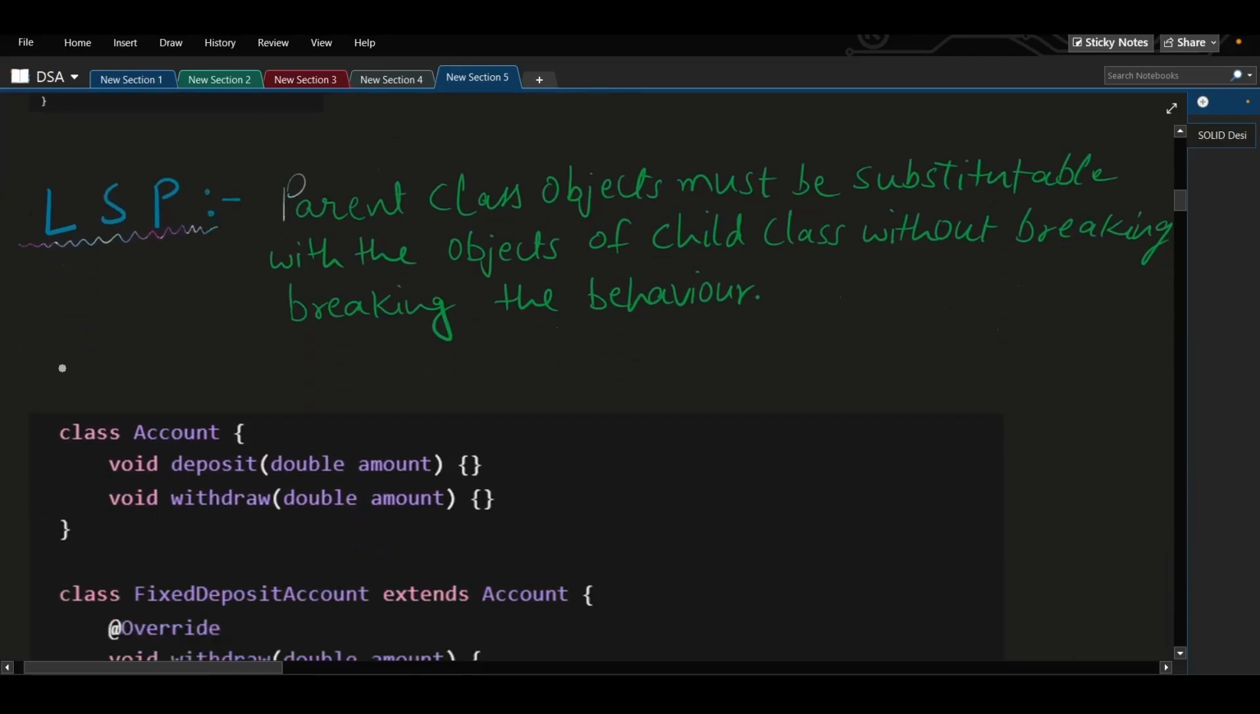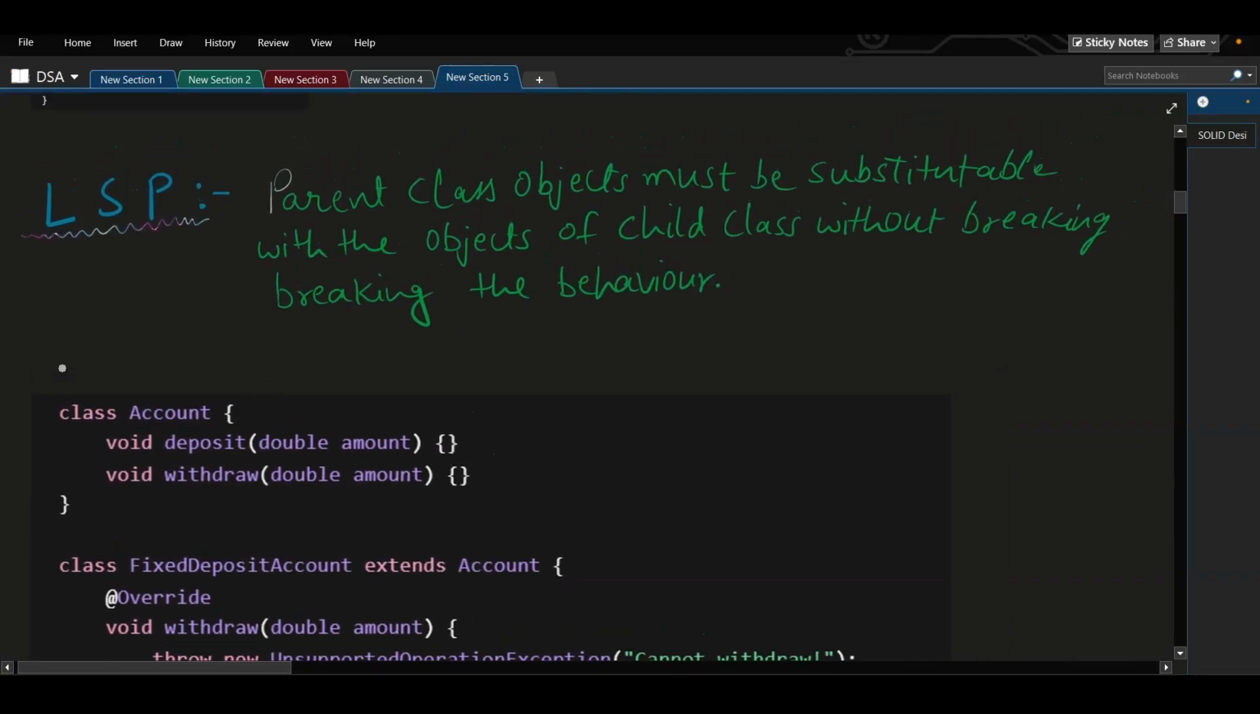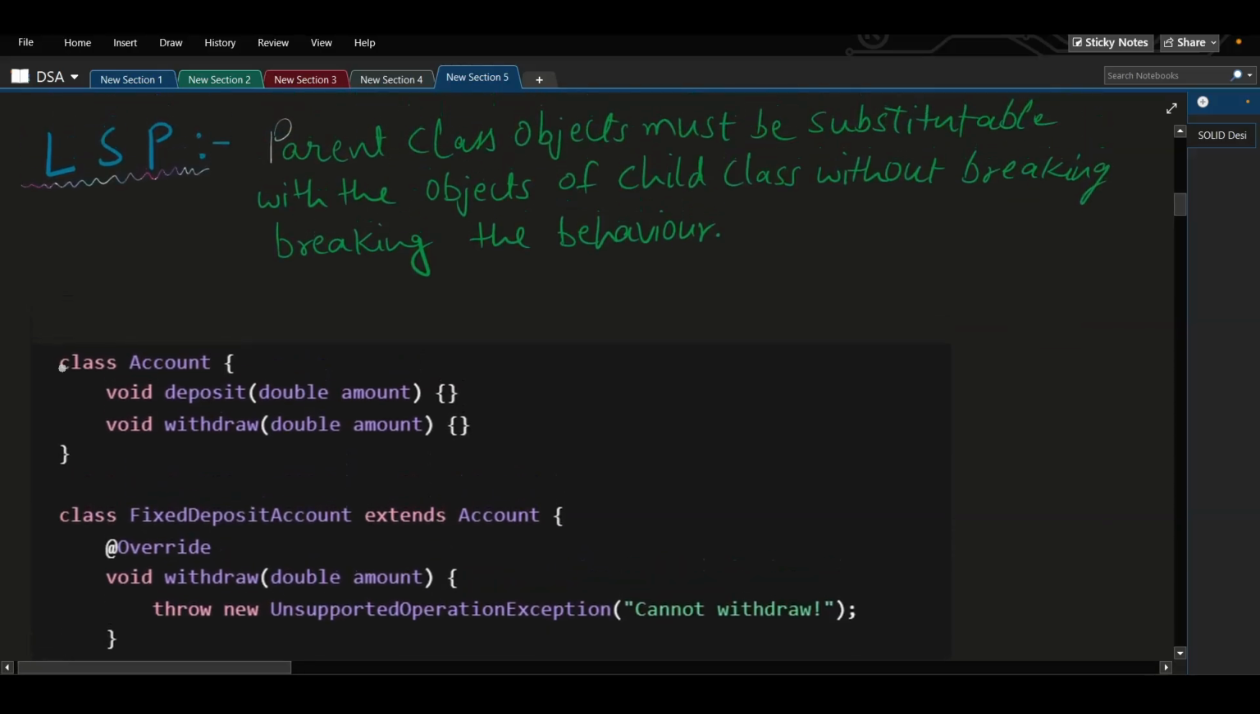Right, this is an interesting principle. Why, you will get to know once I explain this. Let's first go through the definition. It says that parent class objects must be substitutable with the objects of the child classes, right? The definition may seem a bit confusing, but it is saying that, let's say you